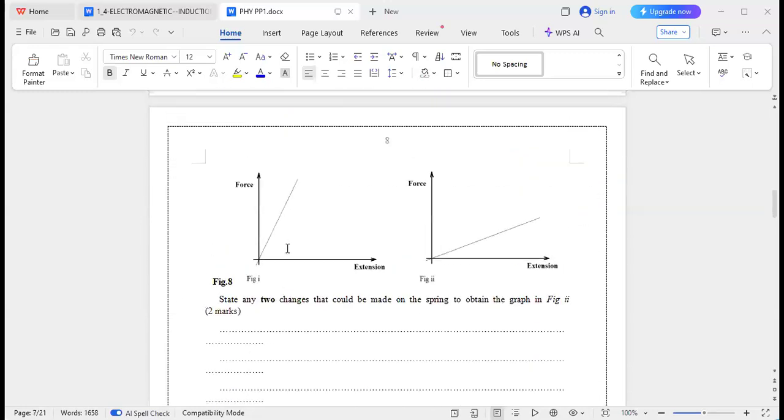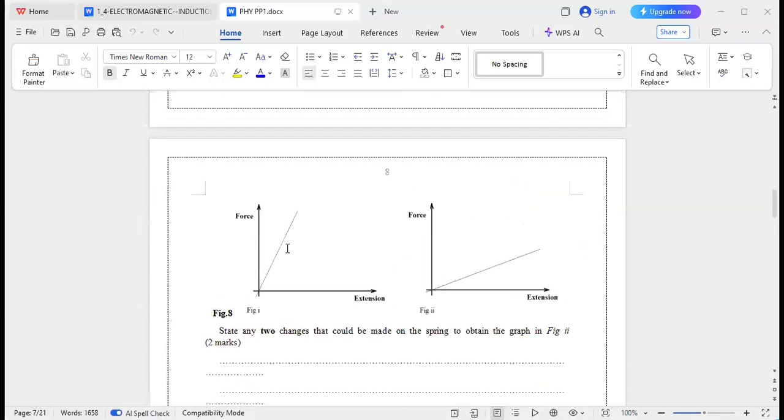We are on number 11, and the question is basically asking, state two ways in which you can reduce the spring constant of a spring. Spring constant is the strength of a spring. The higher it is, the stronger it is. When K is low, then the spring is also weak. So one of the